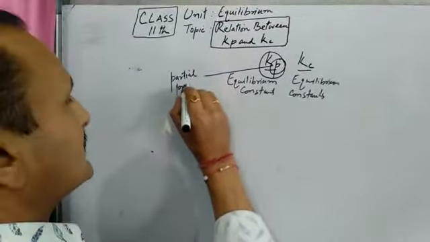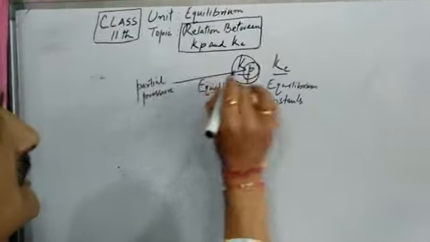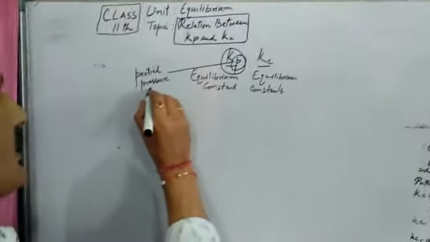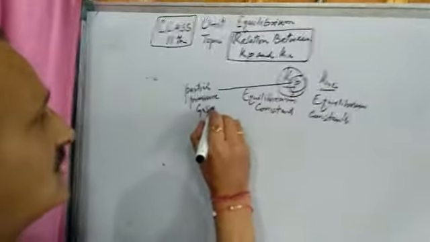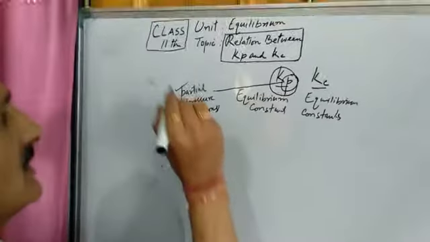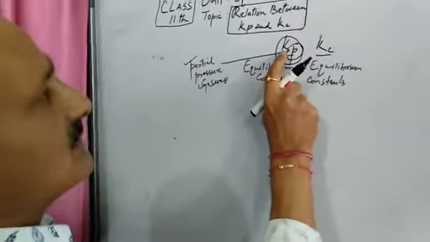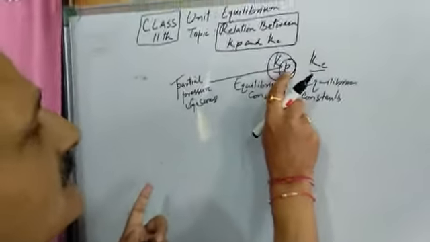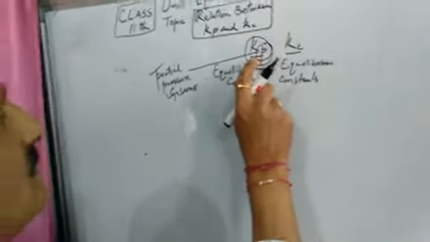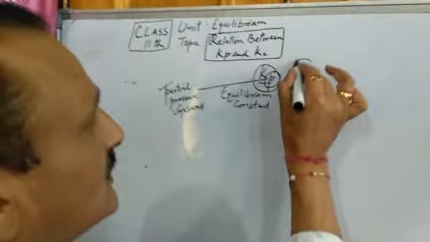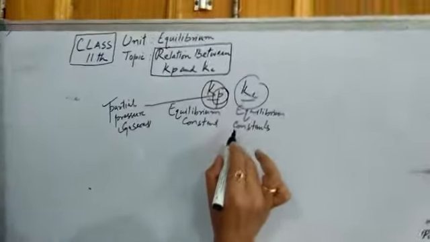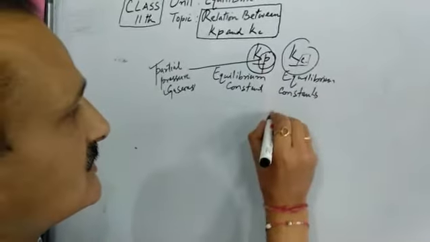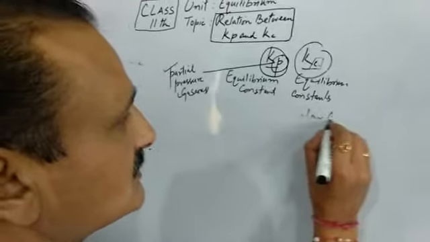of gases. So this concept is taken into consideration when the reactants and products are in gaseous phase. Then we take into account the partial pressure. So Kp is the equilibrium constant when gases are taken, and P accounts for partial pressure. Now Kc is again an equilibrium constant, but in terms of C. C means concentration or molar concentration.